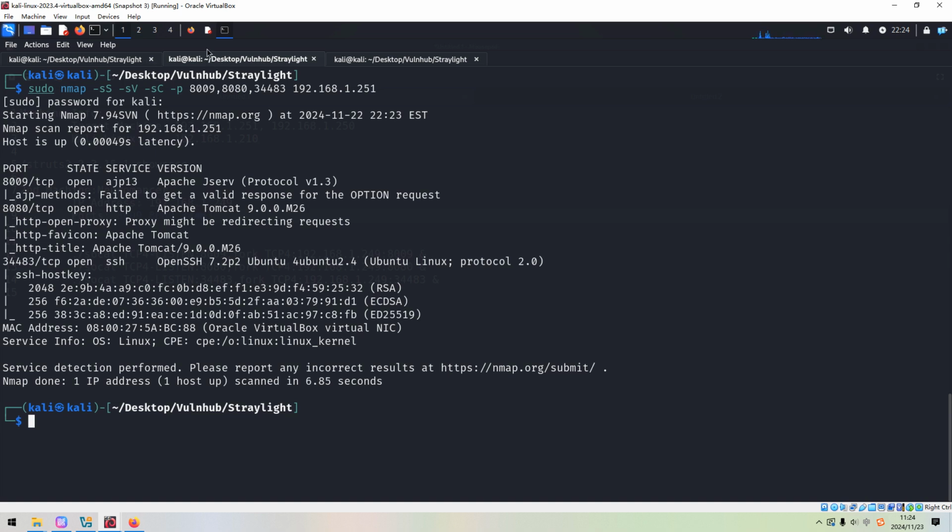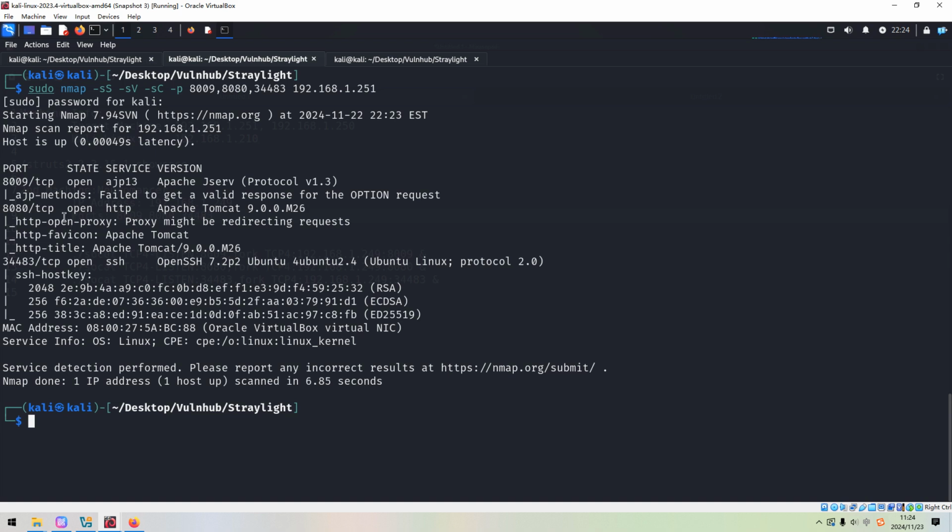Do you remember? There was one note which told us the administrator has already deployed one WAR application on the Tomcat. And the last one is SSH. So now, what can we do next?